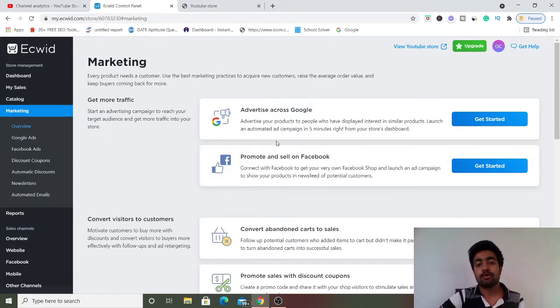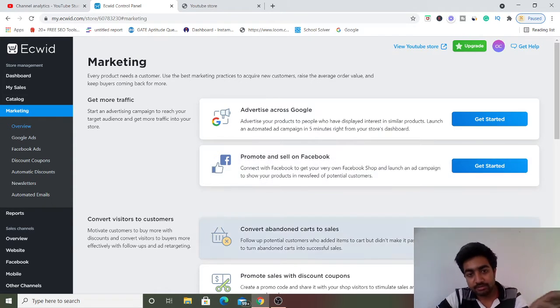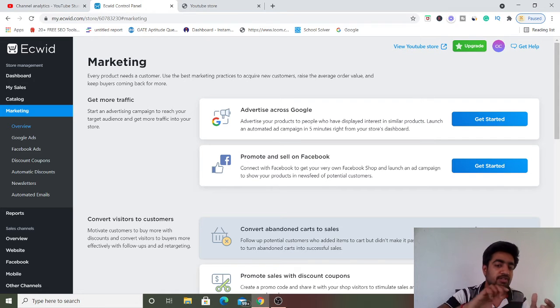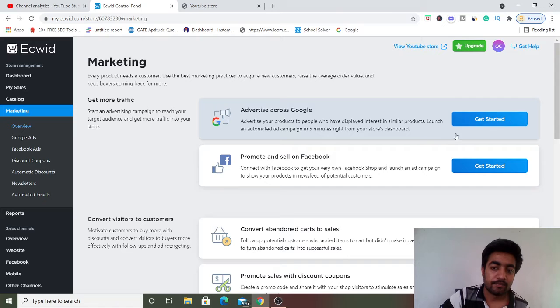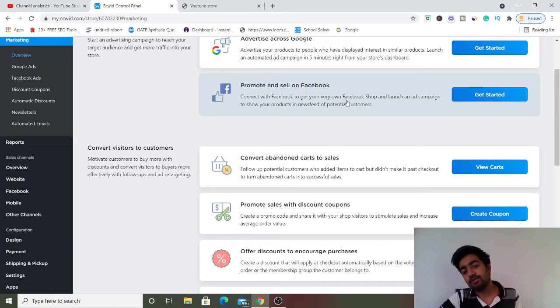Next is marketing. You can do marketing on Google. You can promote it on Facebook. You just have to link this from Google, and when you search something on Google, like best tables to buy in 2021, you find some kind of products or tables in the Google shopping page, right? That you can add through this here, right? And you can promote on Facebook. Facebook has a marketplace, if you know that, the Facebook marketplace, right, where you can sell your own products, and you can link with it through this.